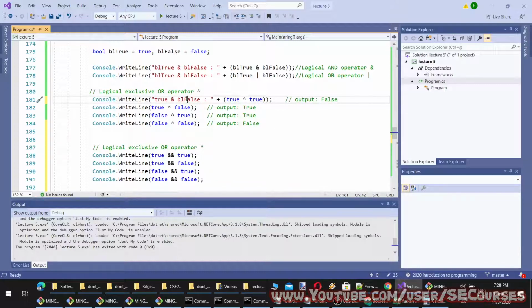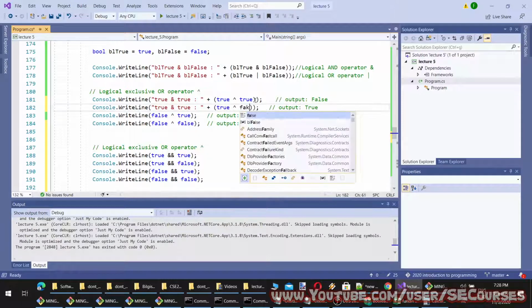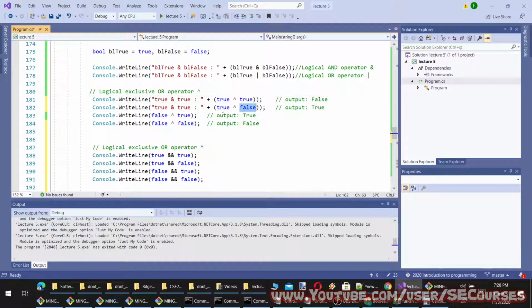Okay, true and true. Then true and false. I think we can make it even a for loop, but let's just make it this way.